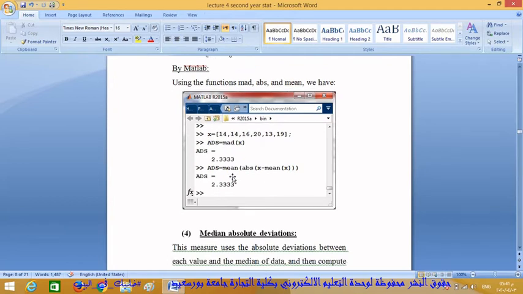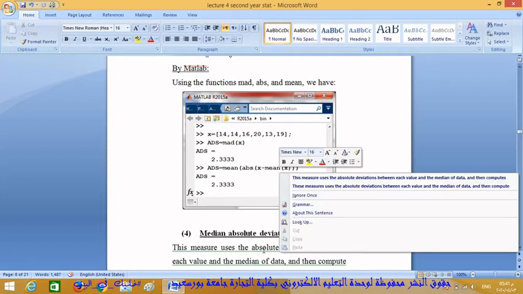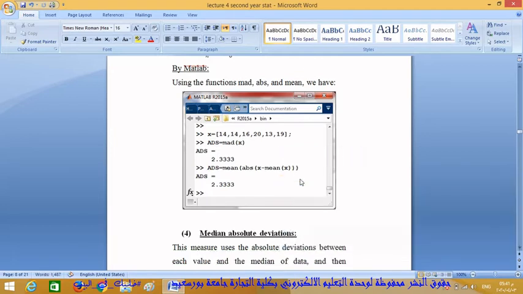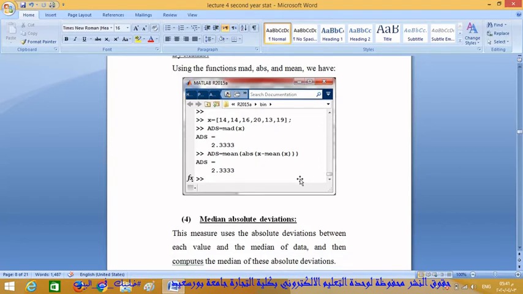Number 4, median absolute deviations. This measure uses the absolute deviations between each value and the median, not the mean like the mean absolute deviation. So the difference between mean absolute deviation and the median absolute deviation, we compute the